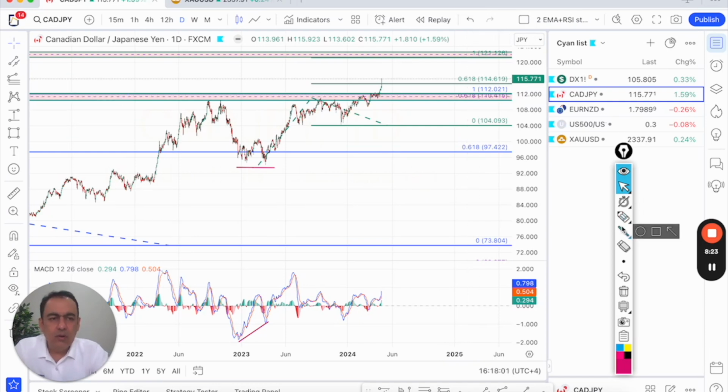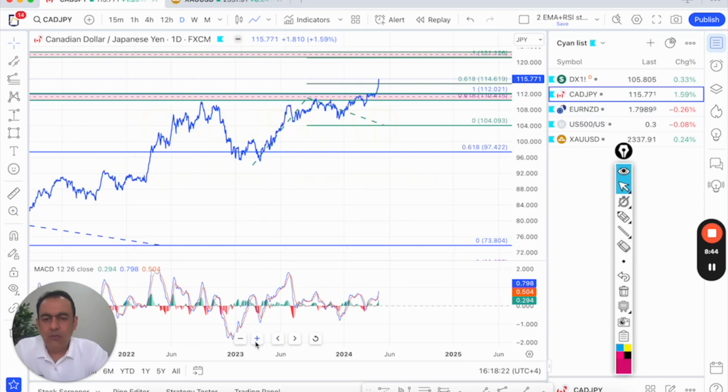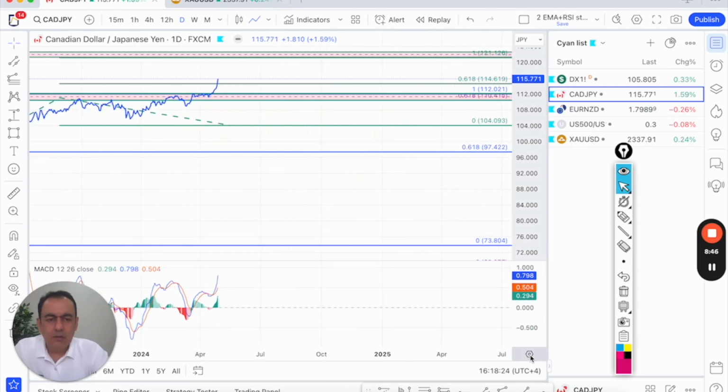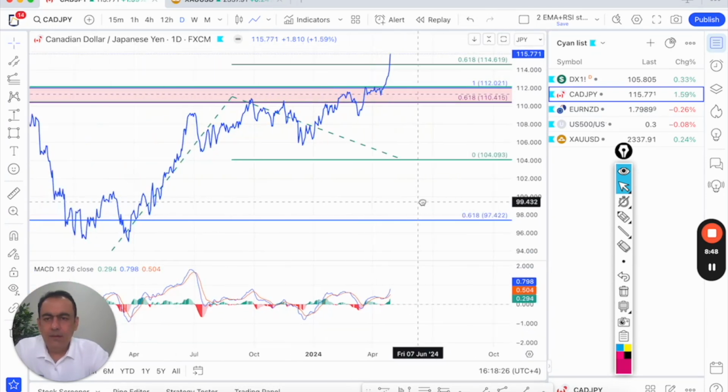Now do not expect that it is directly going to touch 121. Market always moves in waves, so you can expect the waves to be formed and ultimately it should reach 121. Now what should be the point of invalidation? In this case, I'm going to plot a rising trend line connecting on the daily chart,